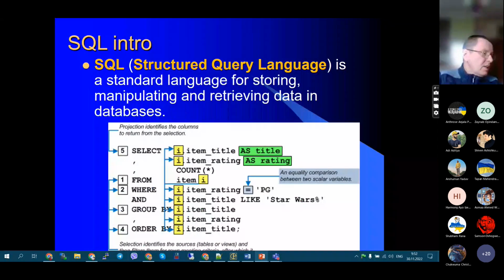So what is actually used, what are the key points and key tools inside a database management system, especially if you're talking about relational databases, is SQL, or Structured Query Language, the standard language for storing, manipulating, and retrieving data in a database. So if you talk about relational databases, we almost every time talk about SQL databases, and it means if you properly create,